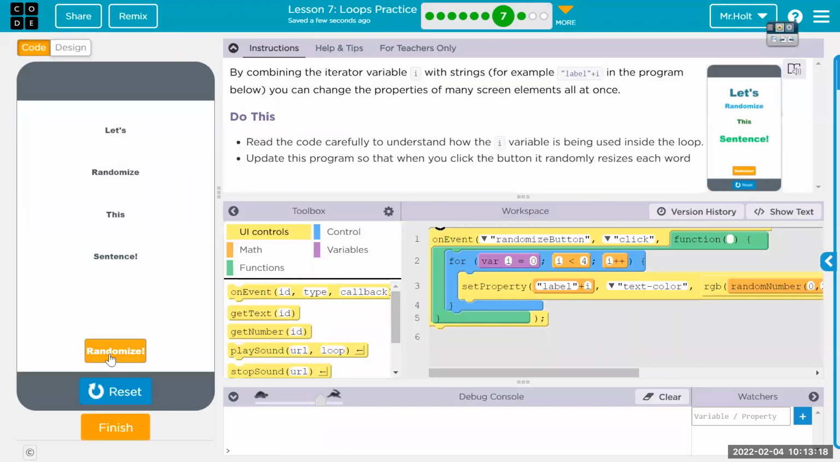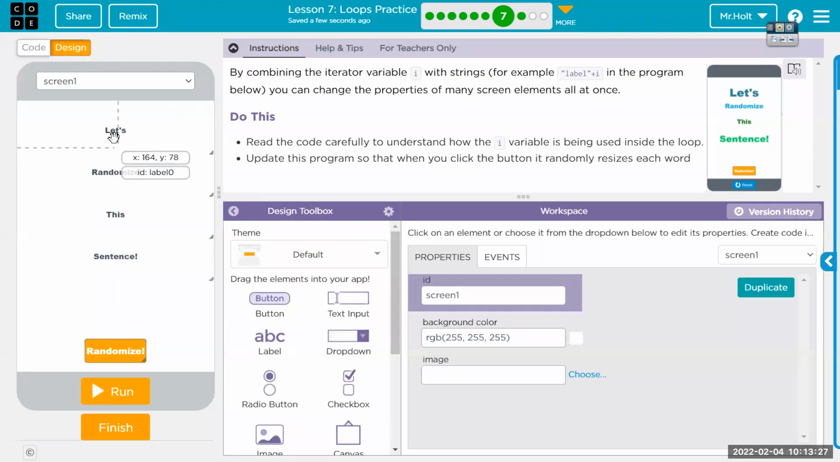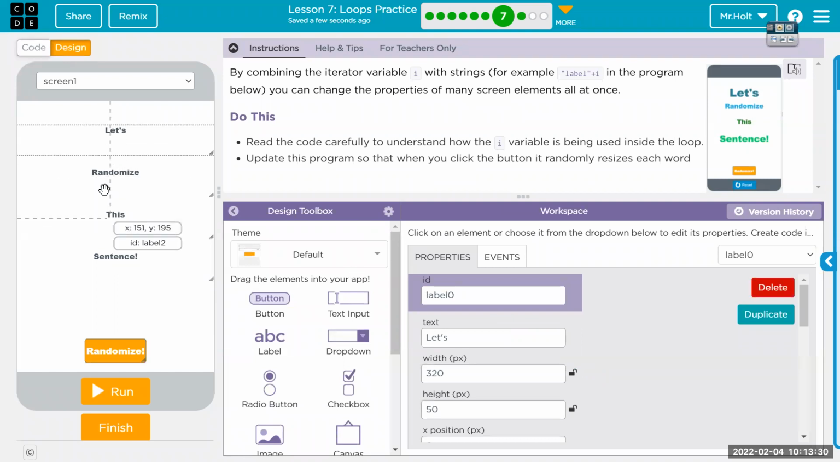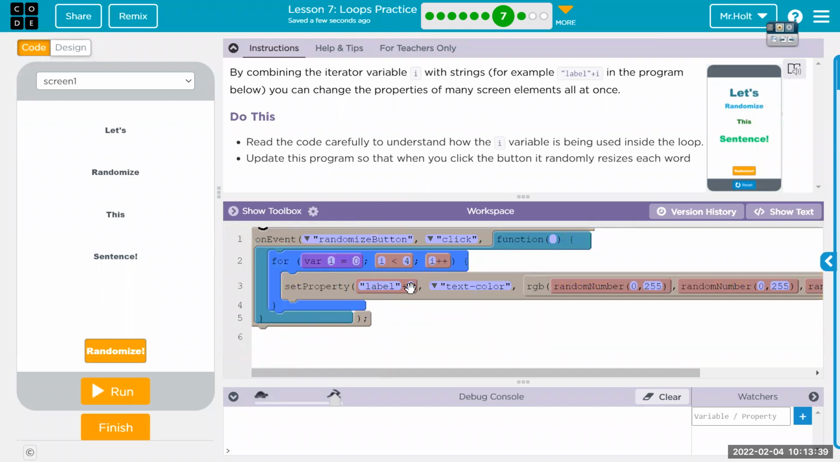So what we have here, let's speed this up a little bit. The same situation as before, where we have 4 different design elements, in this case labels, whose ID is label 0, label 1, label 2, and label 3. So we can do that same trick where we can do a loop and do a set property of label plus I, the concatenation. So the first time it's setting the property of label 0, which is the name of this, then label 1 the second time through the loop, because it's using I, which is going up by 1,